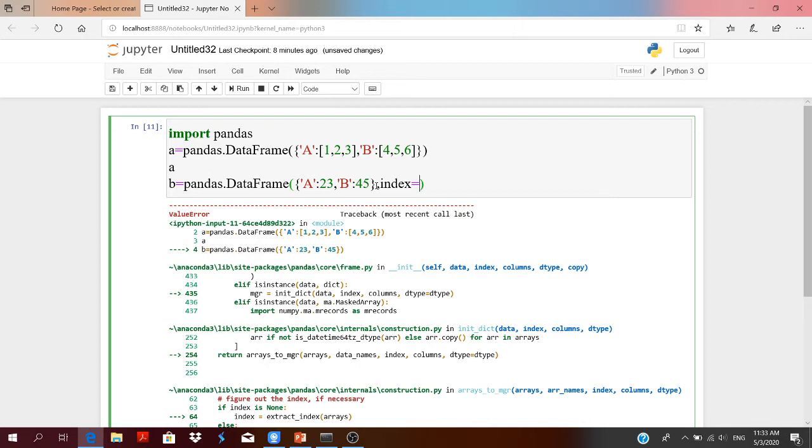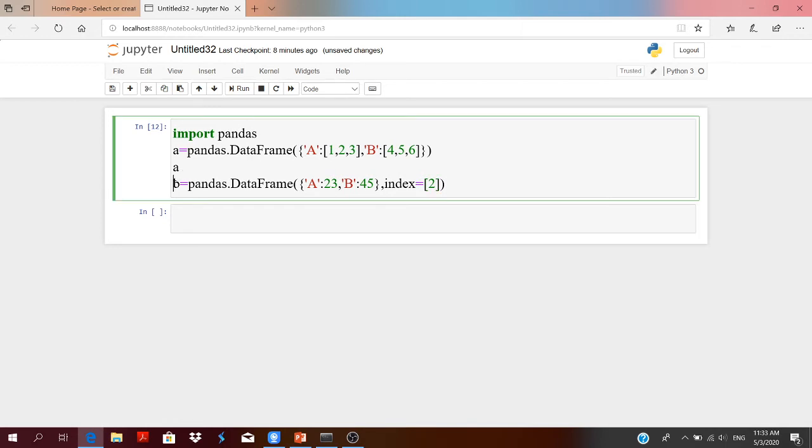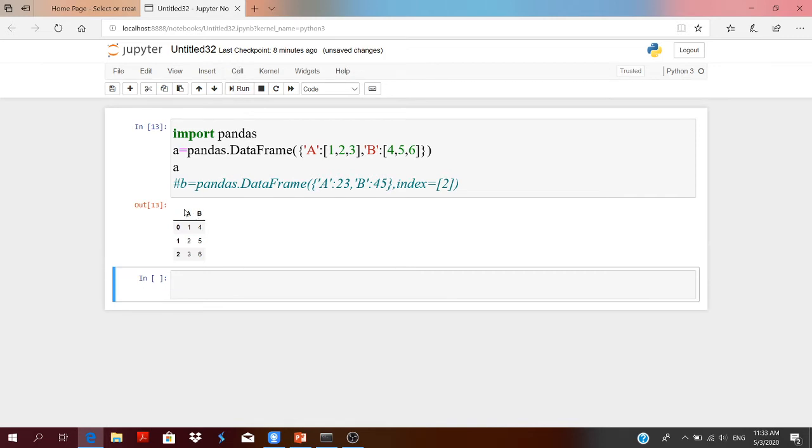Index parameter you have to pass. Now first check what is A. A is a data frame having two columns A and B, having three rows 0, 1 and 2.